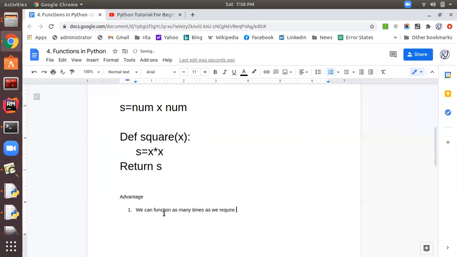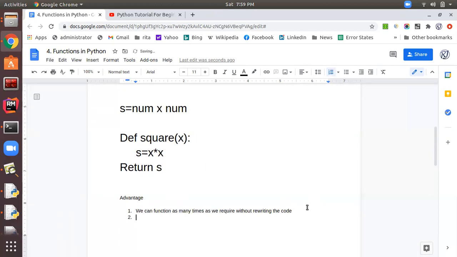Like in the previous example, we calculated the square of the number, and we calculated the square for three or four numbers. We didn't write these statements again and again.